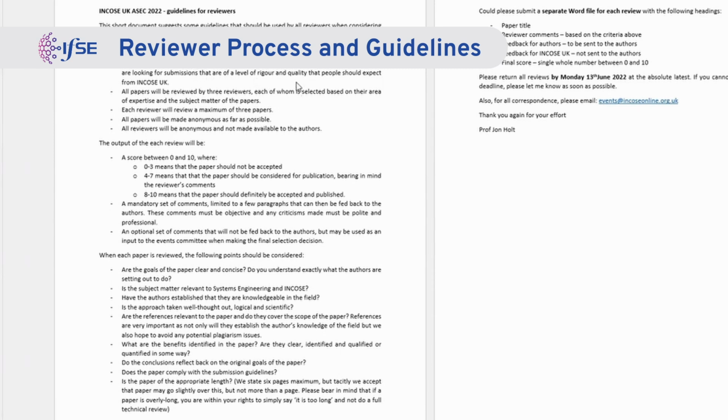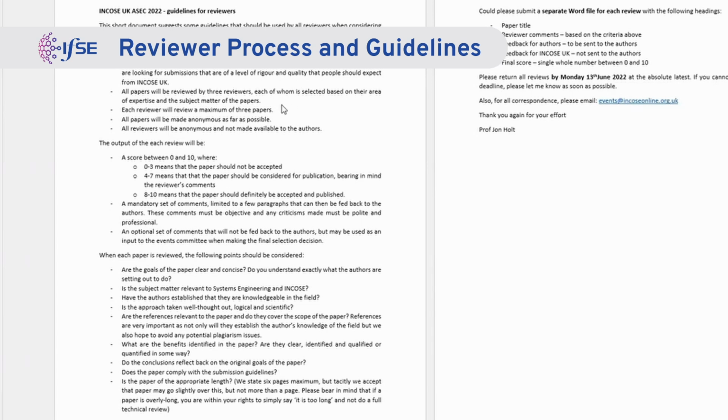Each submission must be 6 pages and only 6 pages. I'll talk about what happens if you go over that in a moment. Bear in mind, we're not looking for massive academic style papers. Bear in mind that primarily the ASEC is aimed at industry, it's aimed at practitioners. However, we are expecting a certain level of rigor from these papers, okay? But we're not looking for full academic papers with 200 references for each one and a 20-page paper, okay?